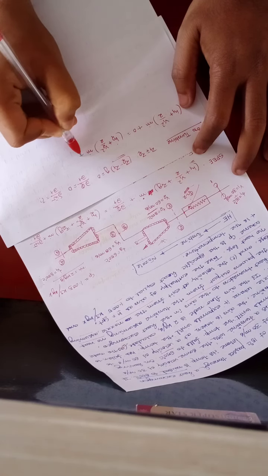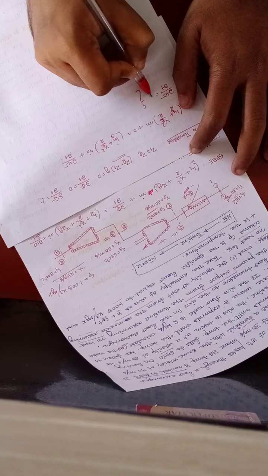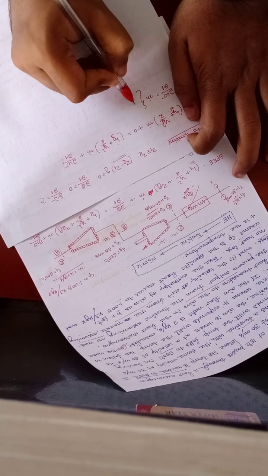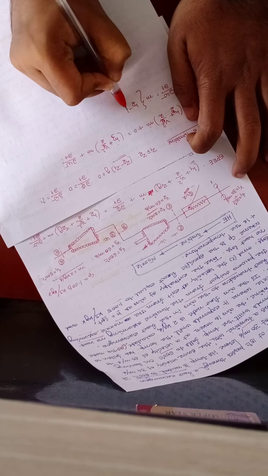So what will be del W by del T? We can write it down. Sorry, this will be 2, because we are applying the steady flow energy equation between the 2 and 3 junction. So it will be 3. If we take m dot out common, it is coming: H2 minus H3 plus (V2 square minus V3 square) by 2.